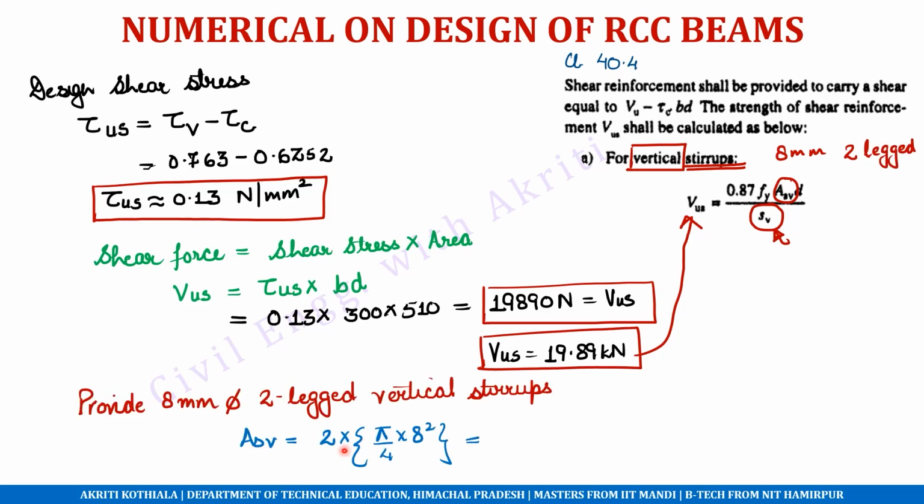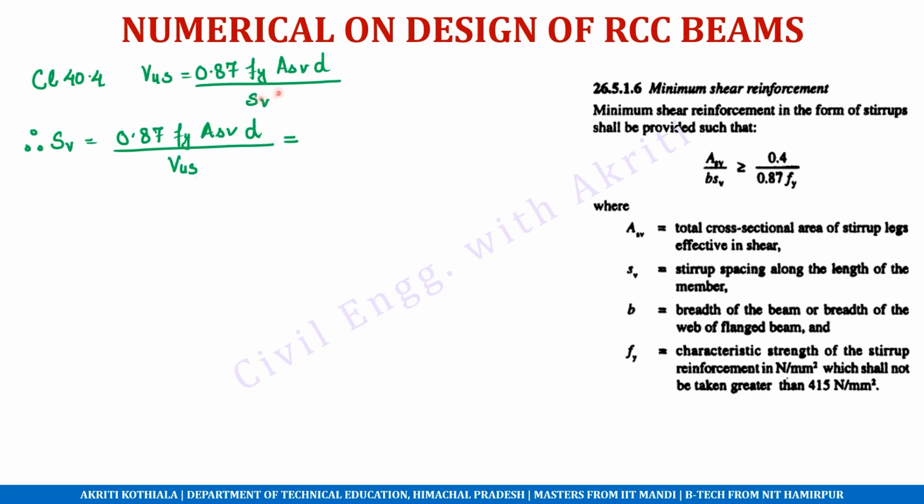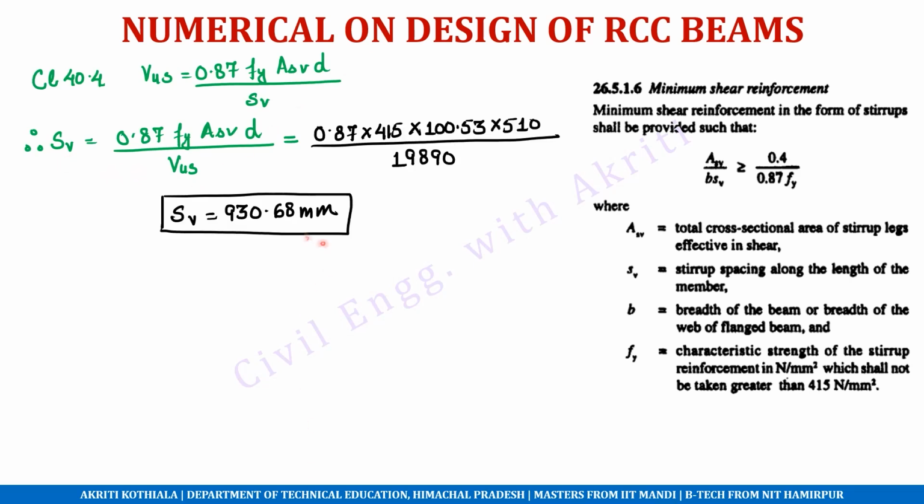So for that, the ASV will be equal to twice of pi by 4 into 8 square, which is equal to 100.53 mm square. Now we can calculate the spacing. So using this clause 40.4, we rearrange and we calculate this value of SV, which is equal to 930.68 mm. However, this is a very big value, and as per clause